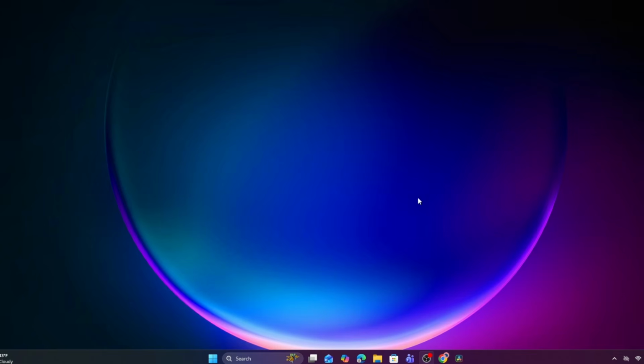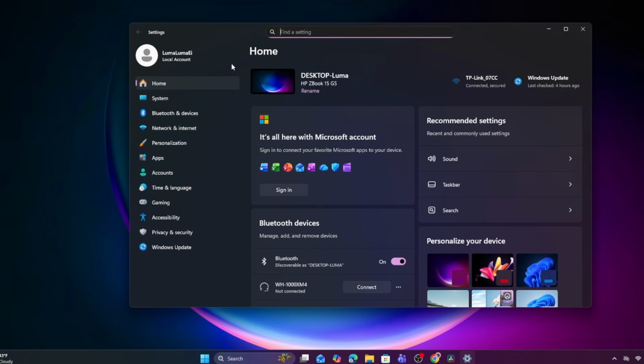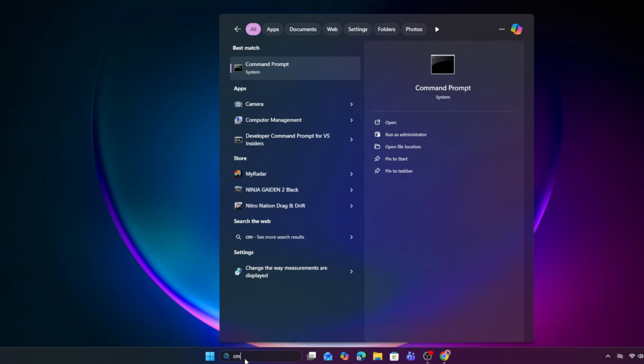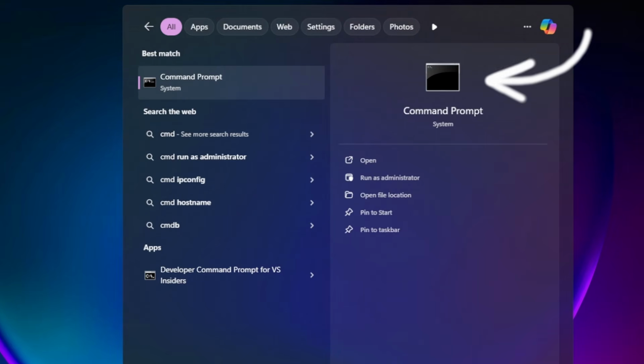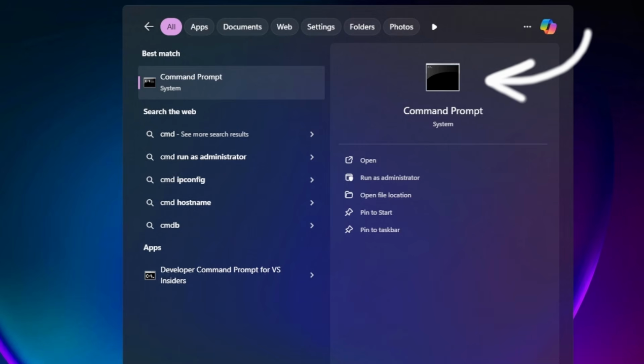You probably spend hours on your Windows PC every day, clicking through menus and windows. But what if I told you that you're barely scratching the surface of what it can do? Right below that friendly user interface is a secret language. As you can see on the screen, this black box is the command prompt. It gives you direct access to the OS, letting you handle tasks in seconds that usually take a dozen clicks